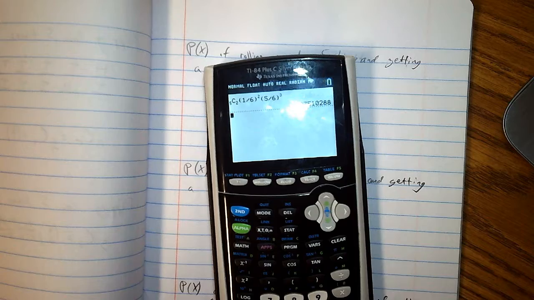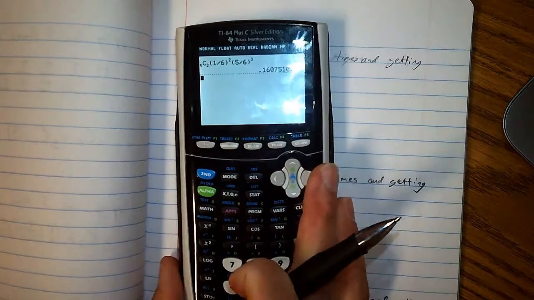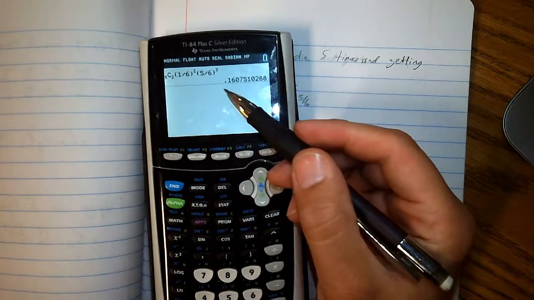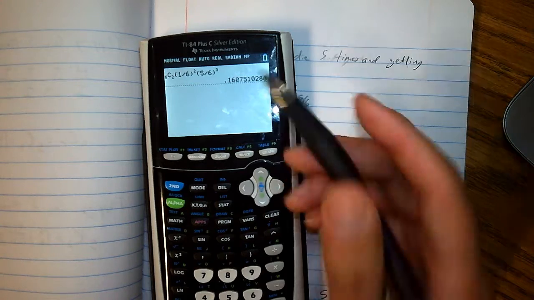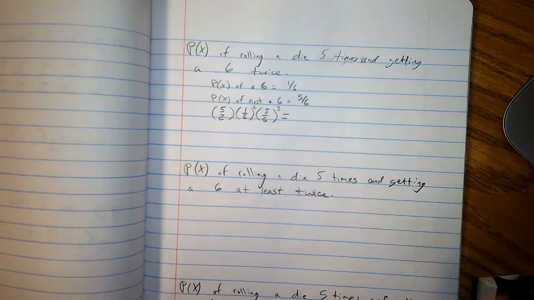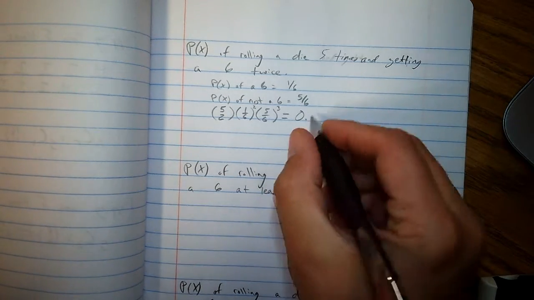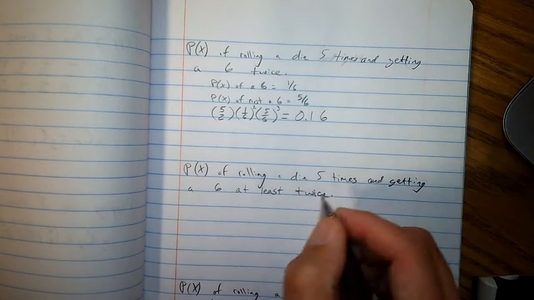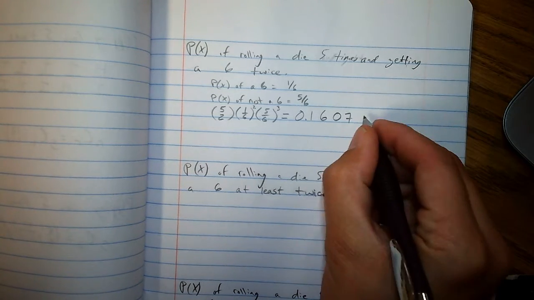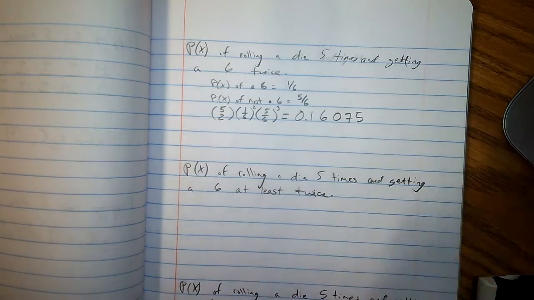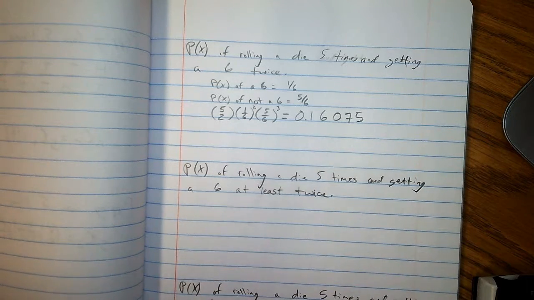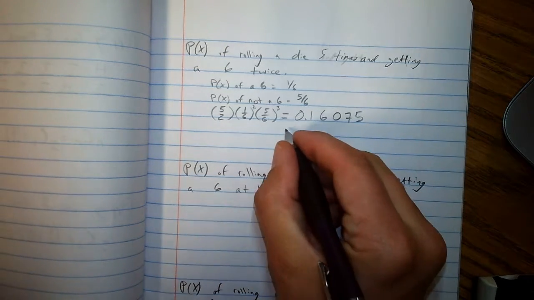We're going to hit enter, and it says it has a probability of happening 0.16075. We're just going to write this as, let's go 5 digits out. So as a percentage, this would be about